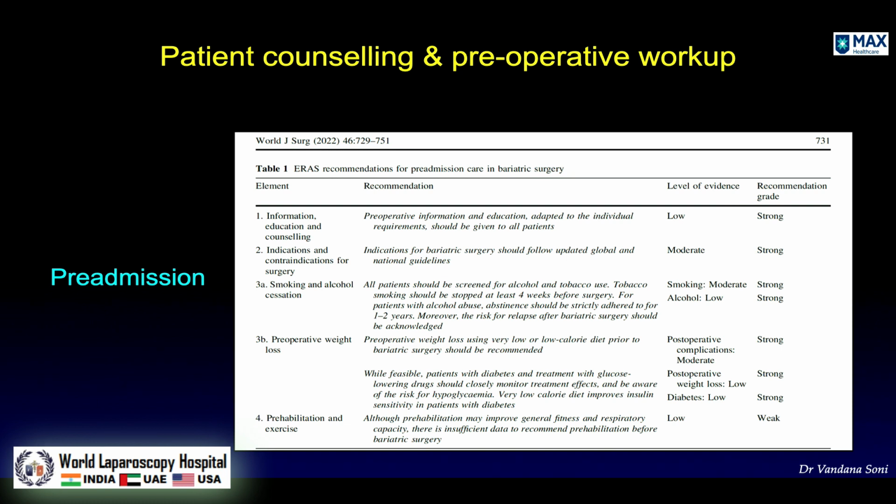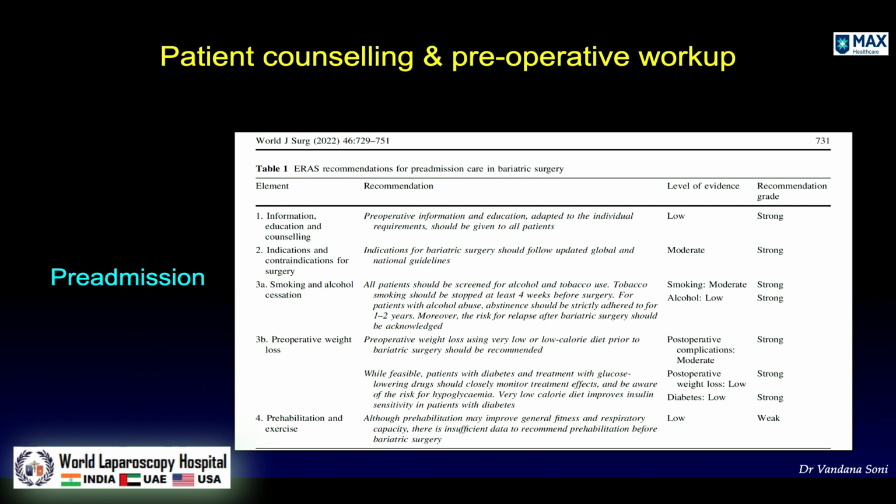The alcohol digestion is again altered, and the impact of the alcohol on the liver is expedited. So increased intake of alcohol makes these patients post-bariatric surgery more prone to liver damage due to alcohol. So all the patients need to be well versed with this. A patient who is in a pre-operative weight loss phase is going to do well post-operatively.